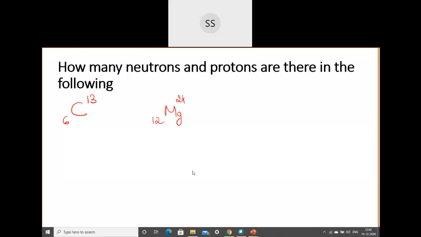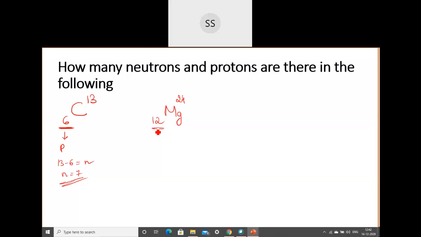Yes, very good. So in the first case, what you find here, first one, 6 is the atomic number, correct? No, so number of proton also should be 6. You see this number, okay? So this itself is a number of proton. And how to calculate the neutron? A larger minus a smaller number, okay? 13 minus 6 will give you the number of neutron. So that will be 7. So n is equal to 7. Good. Okay, so your answers are correct. 6 and 7 is the answer. 6 is the number of proton and 7 is the number of neutron.